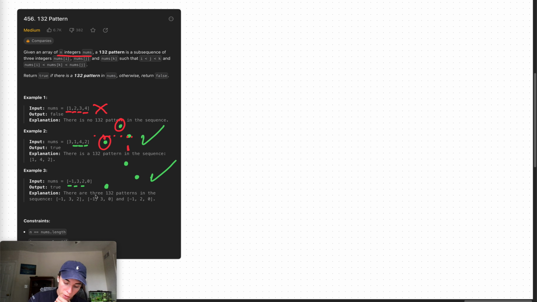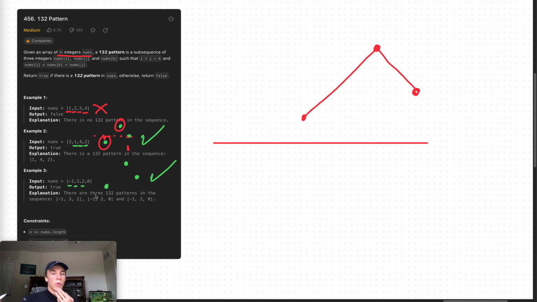Well, what if we're going through the array, but from the back? So I'm going to draw this array as a chart. If we're going through the array from the back, we could keep track of the highest element, high, and previous high. And if we do that, and set the high and the previous high to some initial values, then if we encounter an element somewhere down the line that is less than